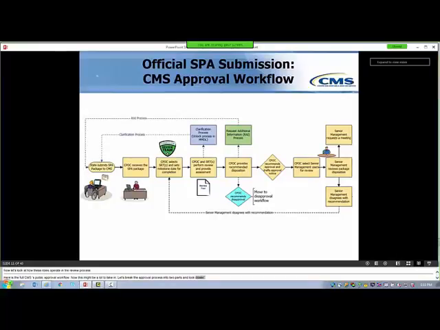First, the state submits the official SPA submission package to CMS. Then, the CMS Point of Contact, or CPOC, receives the submission package. The CPOC selects Submission Review Team, or SRT members, for each reviewable unit or section of the SPA submission package and sets a milestone date for their completion of their assessment within the review tool. The milestone date is essentially an internal due date to ensure the review stays within the 90-day clock.